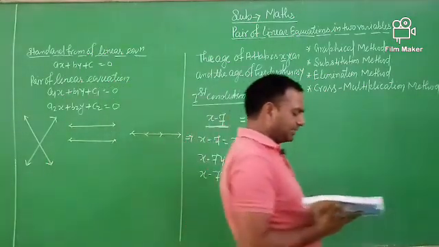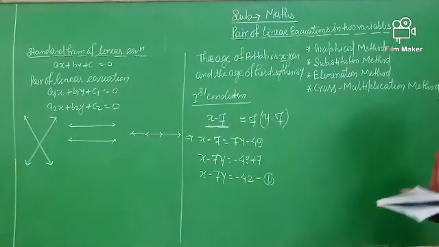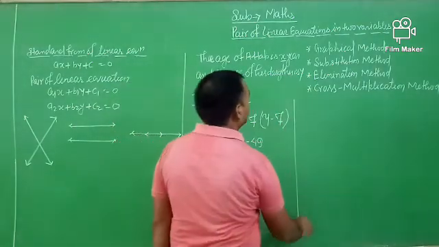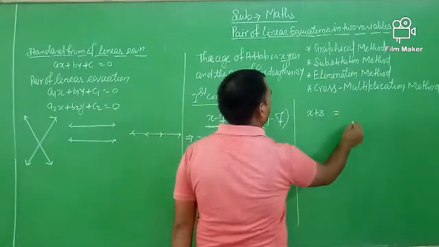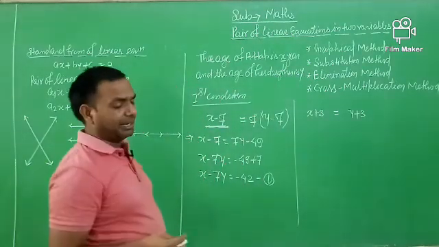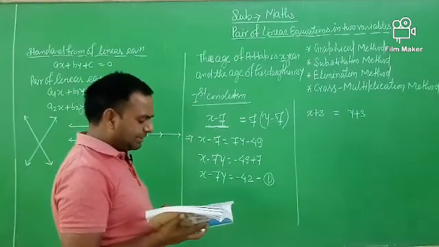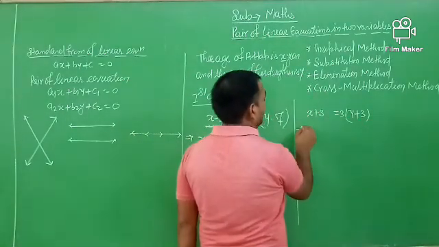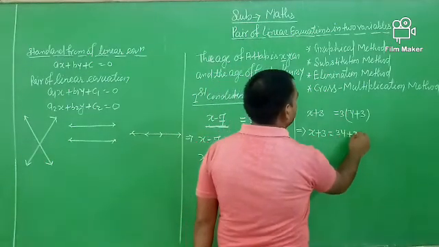Second condition: Altaf will be 3 times as old as she will be 3 years from now. 3 years from now means you add 3 to the present age. So the present age of Altaf is x, you add 3, it is equal to y plus 3, because I added 3 on both sides. So Altaf is 3 times as old as she will. So here you multiply by 3, so it is converted into the equal. So x plus 3 is equal to 3y plus 3.